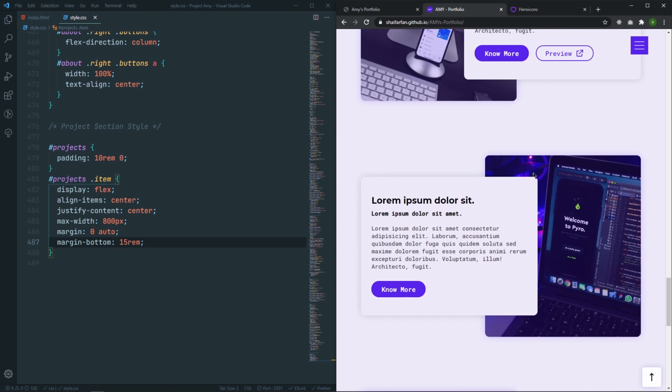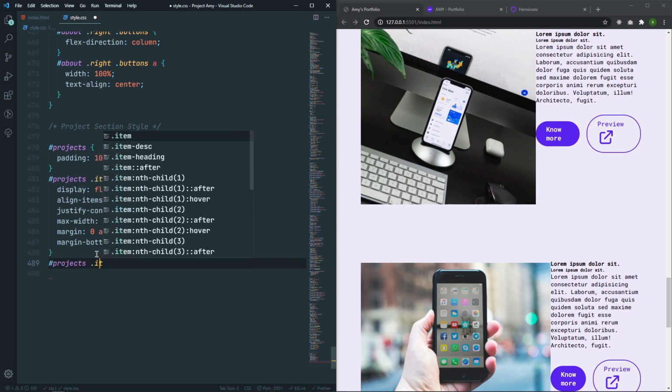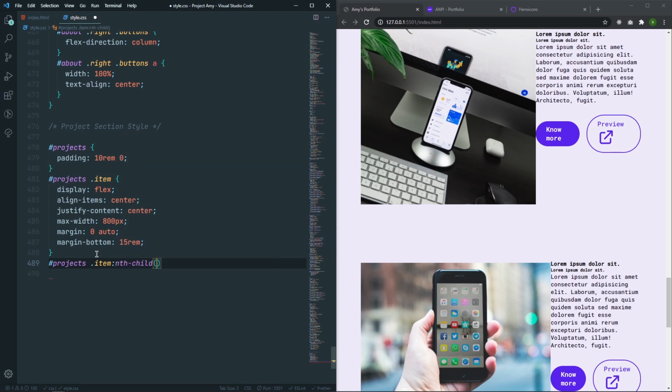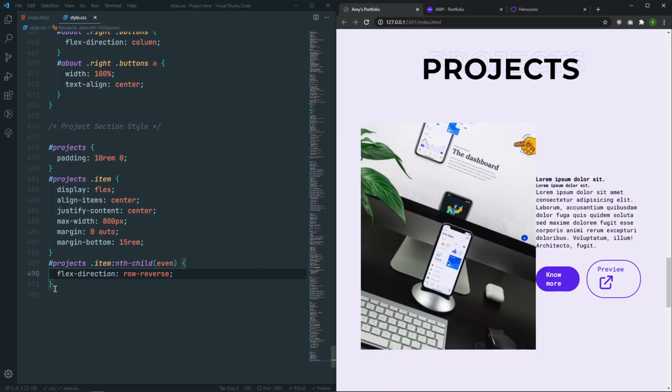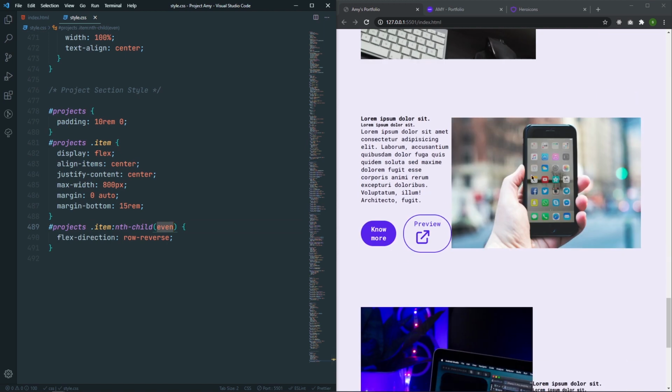So we need to make sure that projects item and child, and we need to select the even, and here I need to make sure that the flex direction is actually row reverse. So now as you can see, whenever I select the even number of card, means the second one, and do the flex direction reverse, the content is now on the left side, and the image on the right